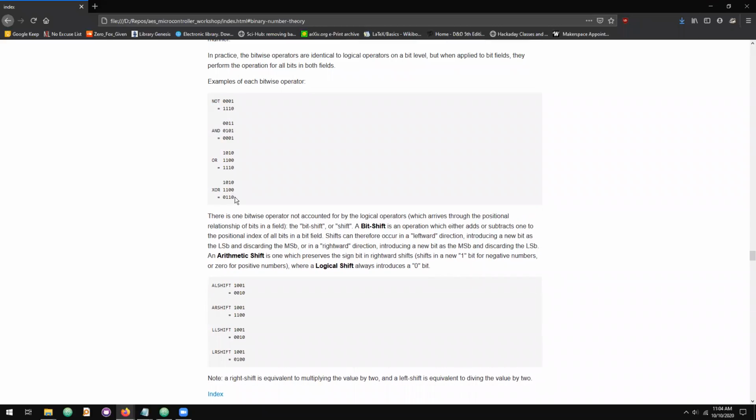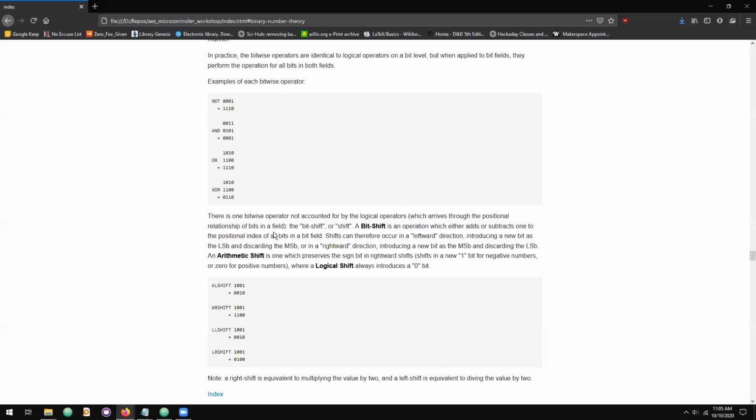So these are all representable with digital logic. There is a new kind of operator we can also apply when we're looking at collections of bits. That's called a bit shift. One reason we can't do this with digital logic is because it doesn't make sense. A bit shift is moving,